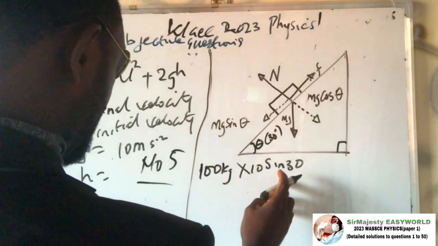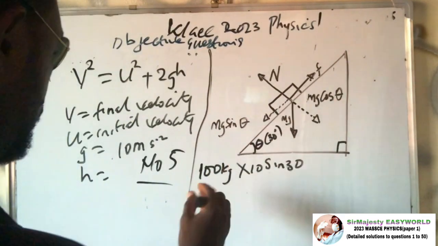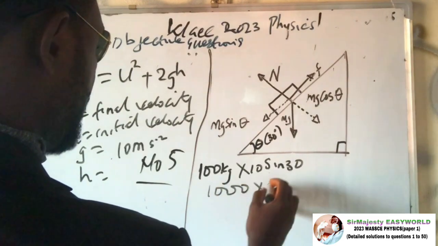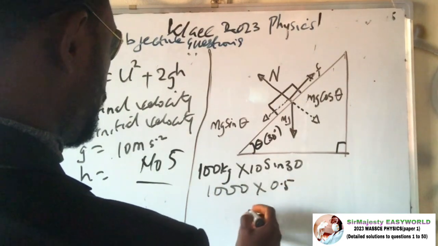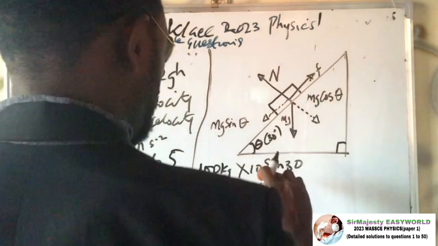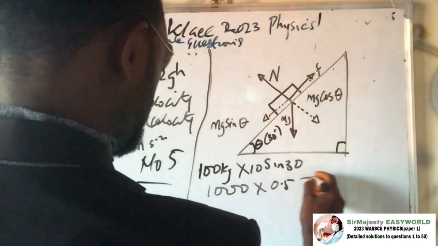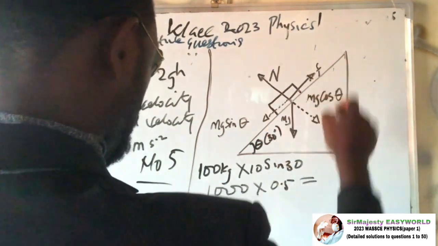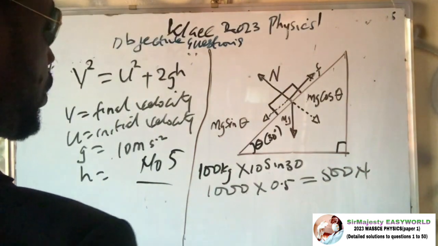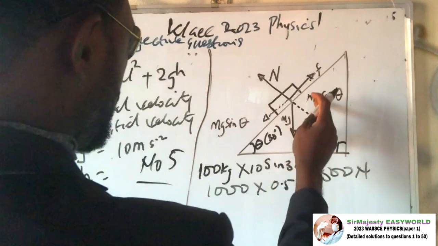It's obvious that sine 30 is half, 0.5. This is already established fact. So 100 times 10 is actually 1000 times 0.5. So the vertical component, or the gravity component that is parallel to the inclined plane, the total force opposition from that angle should be 500 Newton. Then coming to the perpendicular, or the horizontal component, we have that mg is still mass,